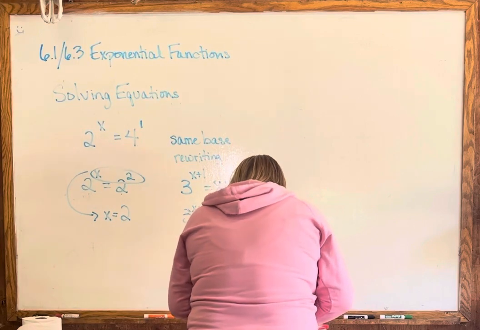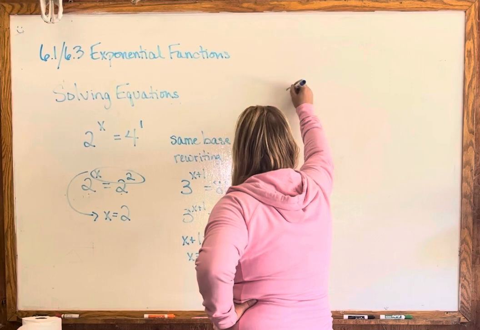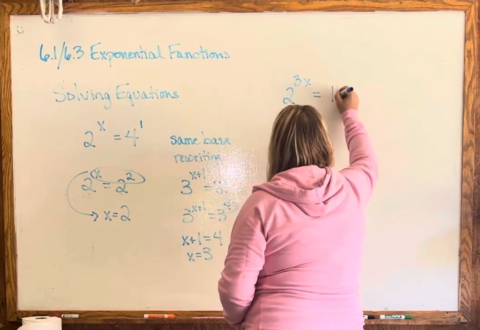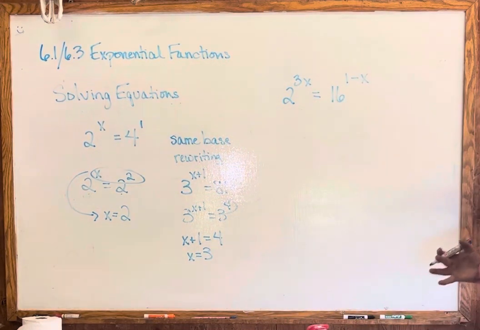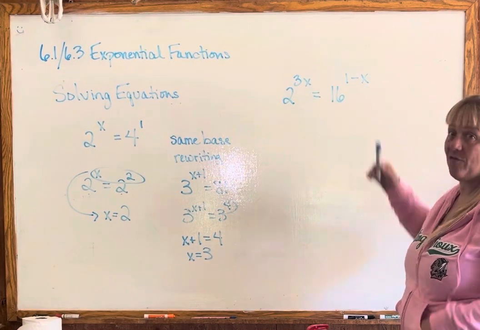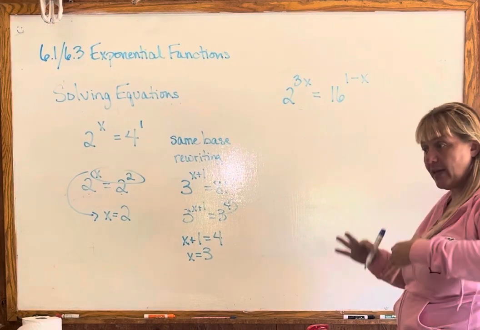Oh, what do I have written down here? Okay, it's not horrible. 2 to the 3x equals 16 to the 1 minus x. So the only thing that makes this one uglier is that now they both have an exponent that you're going to have to work with. Okay, but 2 is a nice number, so remember we always want to go to the smaller